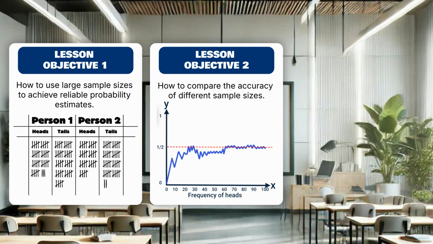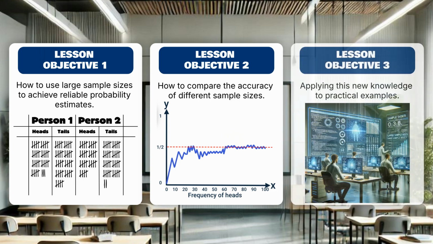However, by applying the law of large numbers, we understood that as the number of trials increases, the relative frequency of an event approaches its theoretical probability. This was illustrated with a graph showing how the relative frequency stabilizes around the true probability as the sample size grows. We discussed why this principle is crucial in various fields like statistics, data science, and quality control, where accurate